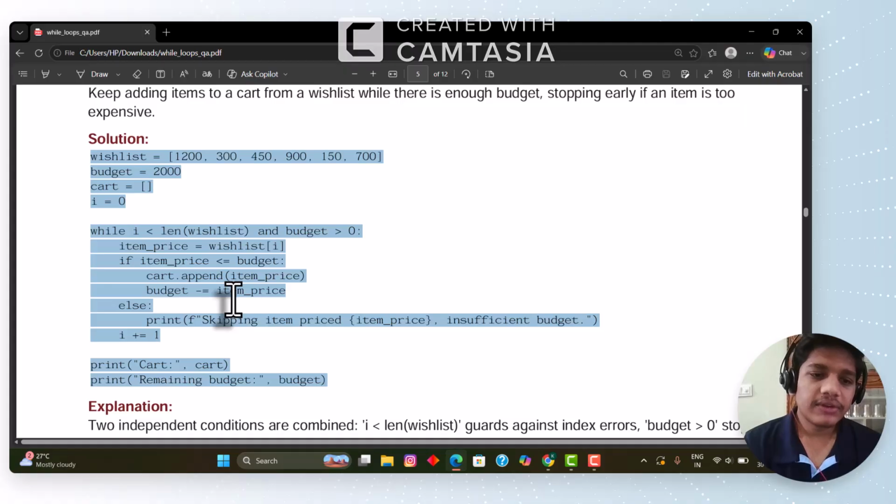Else means if item price is greater than budget. So what will happen? Print skipping item priced, item price, which was insufficient for the budget. You have to print that, and again i plus one. Increment is compulsory, because without the increment in a while loop we cannot go further. So with that,